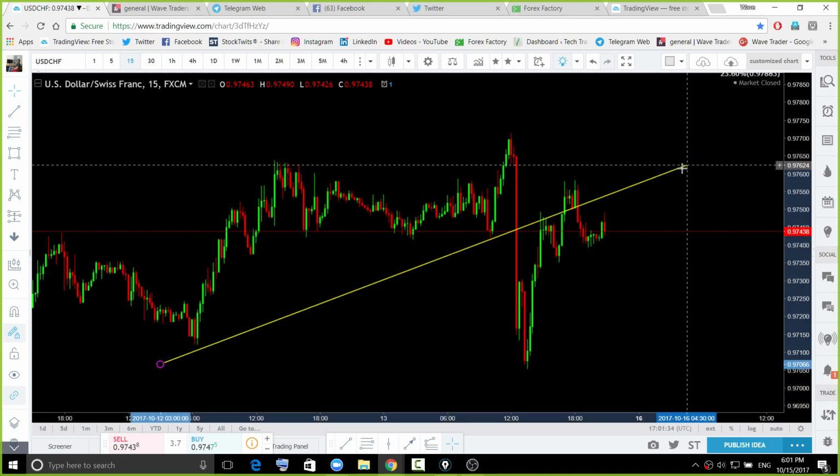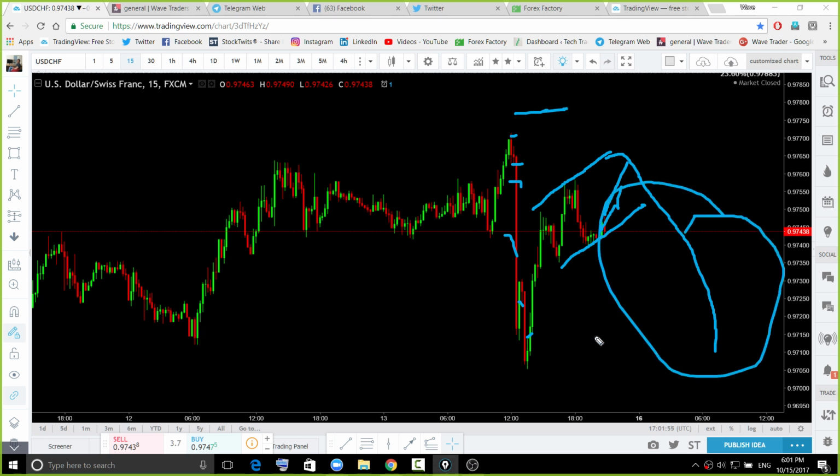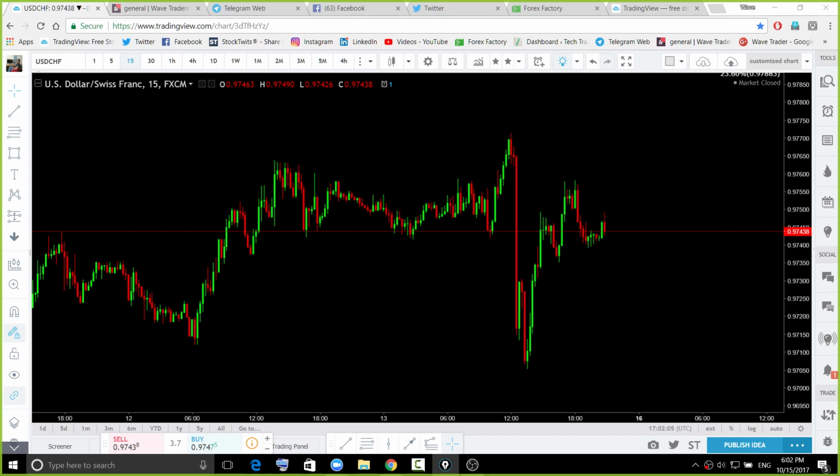Let me remove that trend line. Do you see that it's similar to the others, like the Euro USD and the DXY? So watch for the price to come close to that top, something like that channel top. Look for sell at that top, put stop behind that impulsive move. That is a short-term trade up to this area. A close above that is invalidation of this pattern. So that is the short-term trade once the market opens.